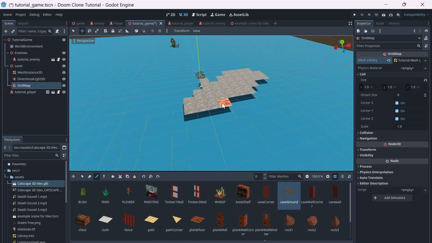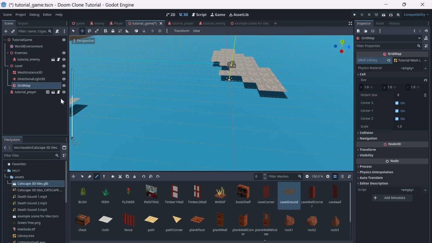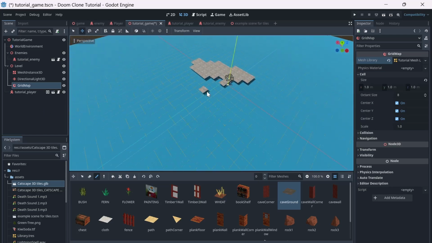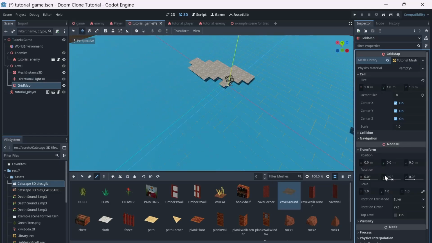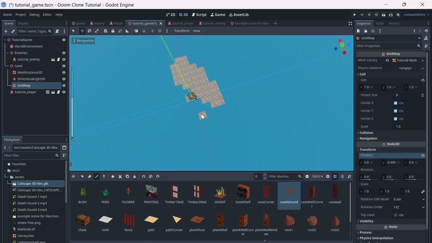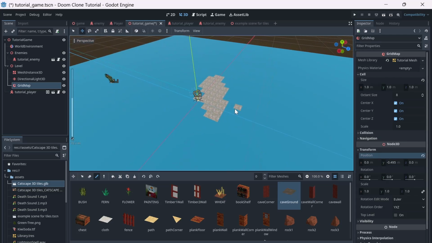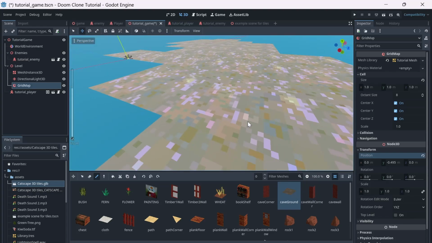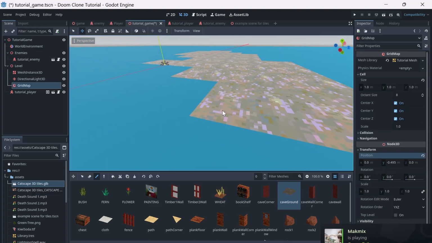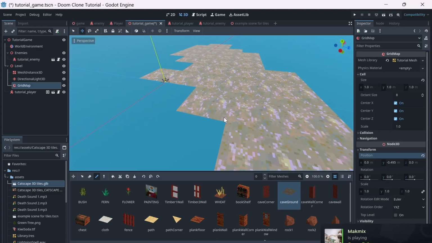So this grid map tool allows us to do some fun things here. That's not quite aligning with the plane we made. So I am just going to go to the transform and lower it slightly. There we go. So I lowered it a little less than half a meter. So it's right on the very top of